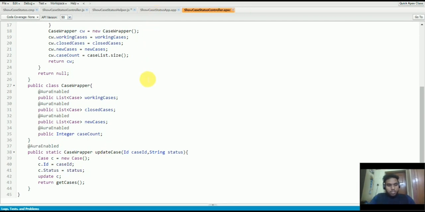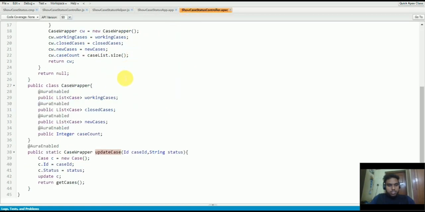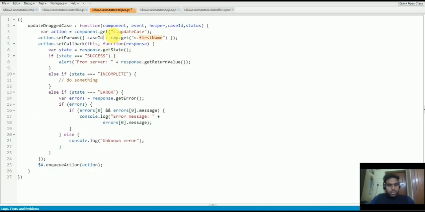Now we have to call this method from our Lightning component. So just copy this and go back to your helper class and just paste the method name here, and here instead of CMP just replace this with component. Now we have to pass the parameters here. So the first parameter is case ID. So I'm gonna map the case ID here,